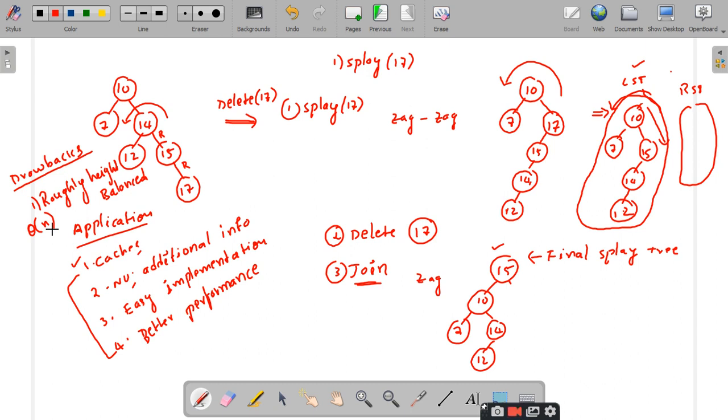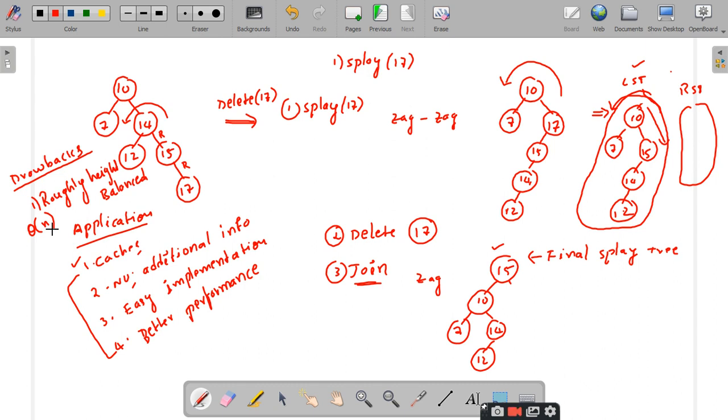So first of all you have to find the largest element in the left subtree, where you have to go deep towards the right hand side from the root node of the left subtree, and once you find it, you have to splay the largest element of the left subtree. Once you splay it, the largest element will be present as the root node in the left subtree, thereby you can attach the right subtree as the right child of the largest element of the left subtree. So this is a somewhat tedious task you have to implement in this top down approach of deleting an element from the splay tree.